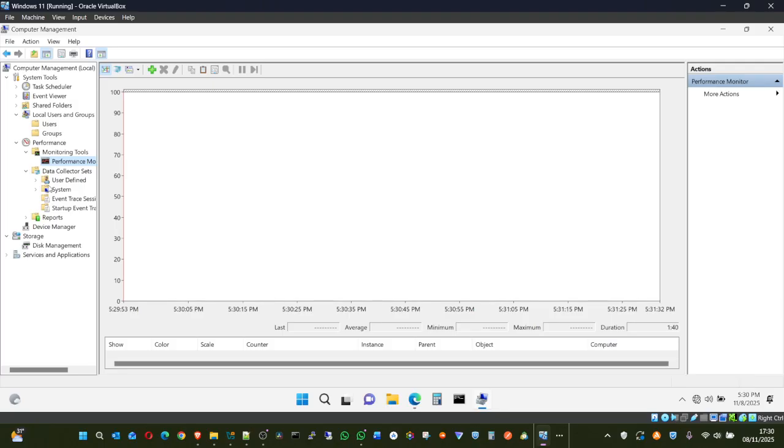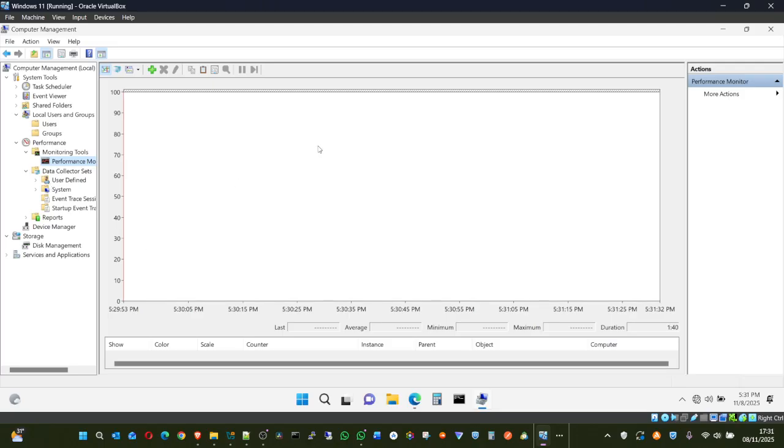Maybe you are using a system where you allocated 8 gig RAM, and you now select it to be flexible. Meaning that if that system is taking up to 8 gig, 7.5, 7.8 RAM utilization, meaning that you need more RAM, it will make a request to the host, supply more RAM to my system, because the application I'm running, I don't want it to crash. And that one will now make more RAM available to that host. It's just that I can't perform that one right here at the moment.